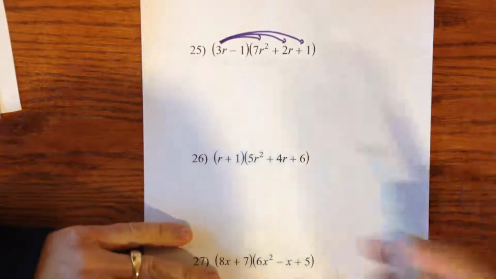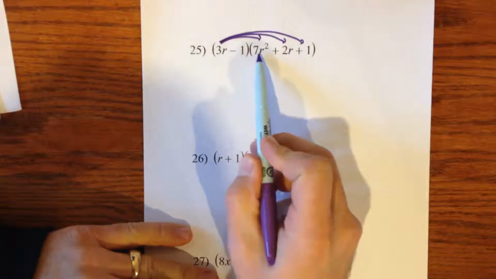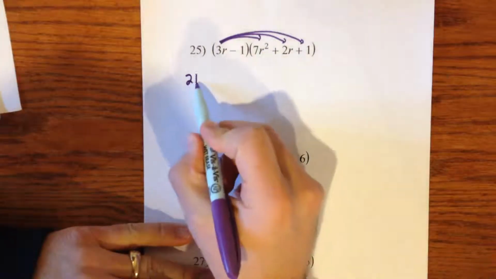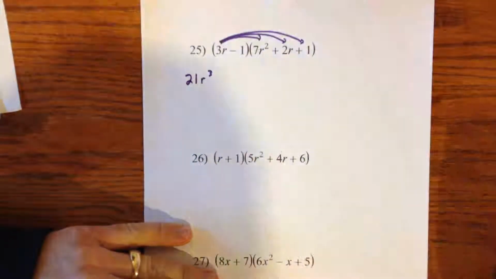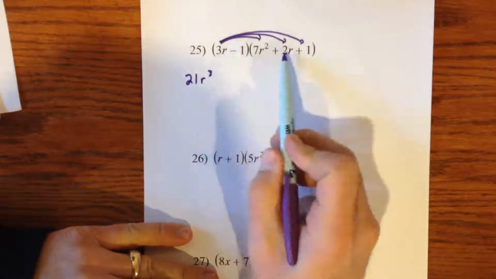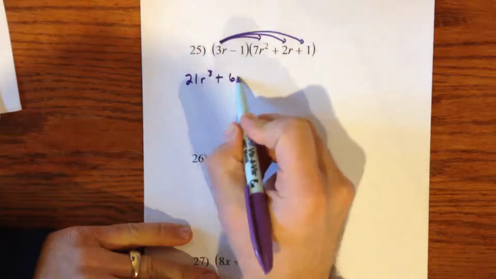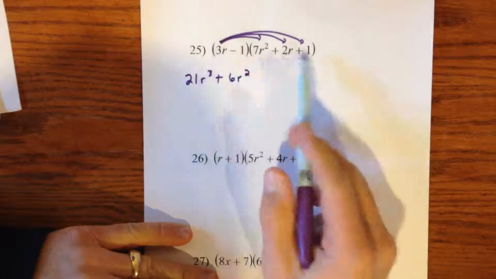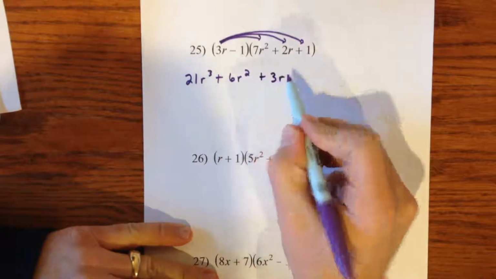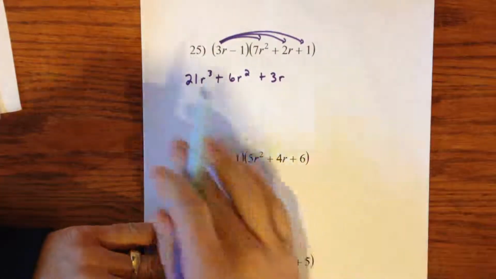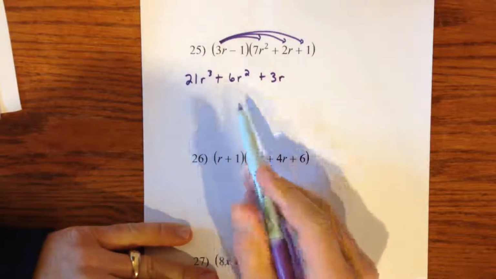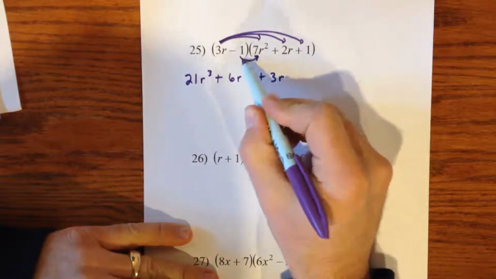Alright, so think about it. If I do 3r times 7r squared, I get 21r cubed. 3r times 2r is 6r squared, and then 3r times 1 is just 3r. So just by doing that once, I'm going to end up with 3 terms here. If I do it again with the -1,